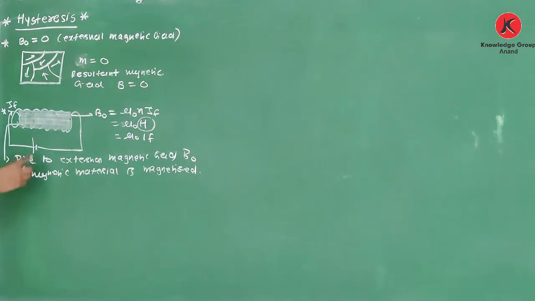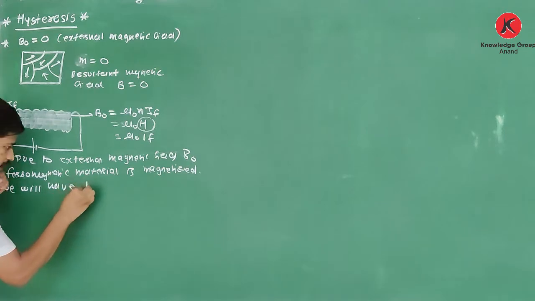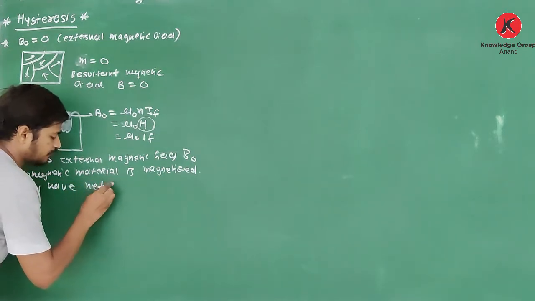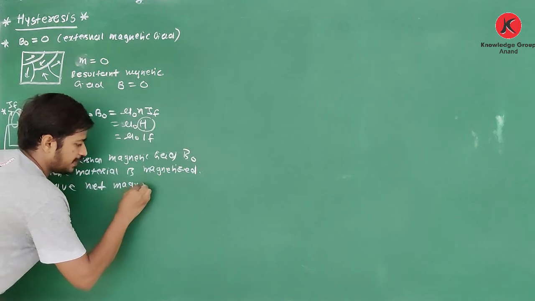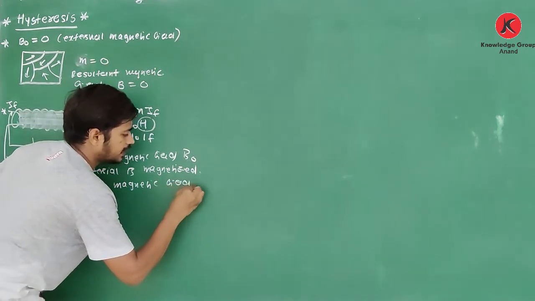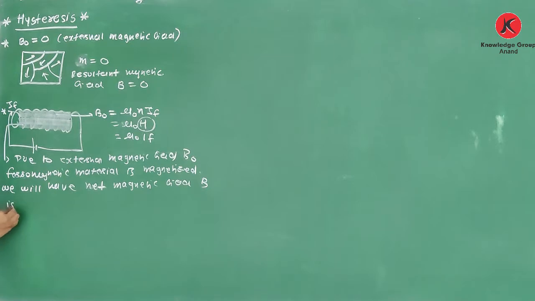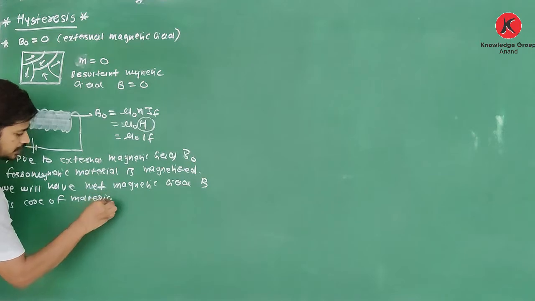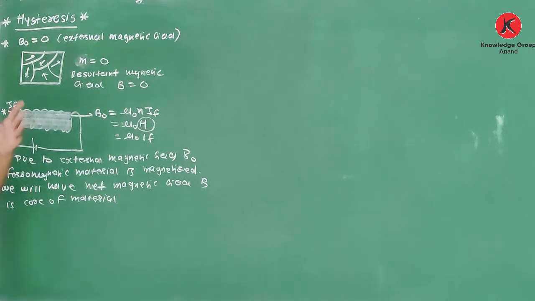And yes, if it is magnetized, we will have some resultant magnetic field inside the ferromagnetic material, a resultant net magnetic field B in the core of the material. So see, if I say the current flowing IF is equal to 0, so H is equal to 0,